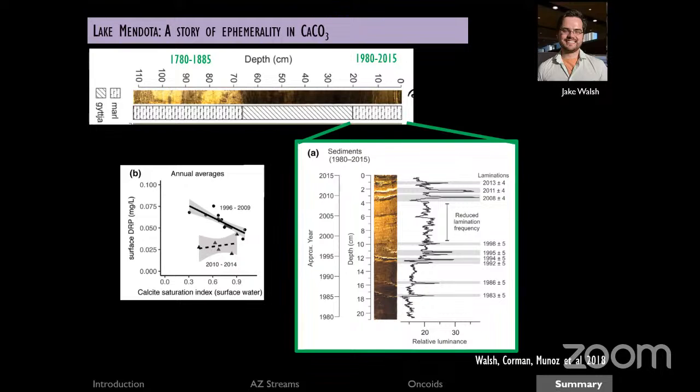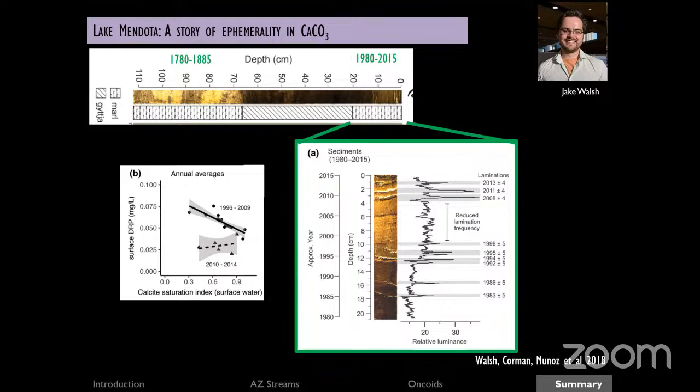index, it's basically a proxy of whether or not calcium carbonate should be forming. We saw between 1995 and 2000 a nice decrease of phosphate concentrations. Marked a year of a really profound whiting event that seems to have almost permanently knocked down phosphate concentrations in the lake. So we're pretty sure that whiting events are a good job of reducing phosphorus in Lake Mendota. Right,